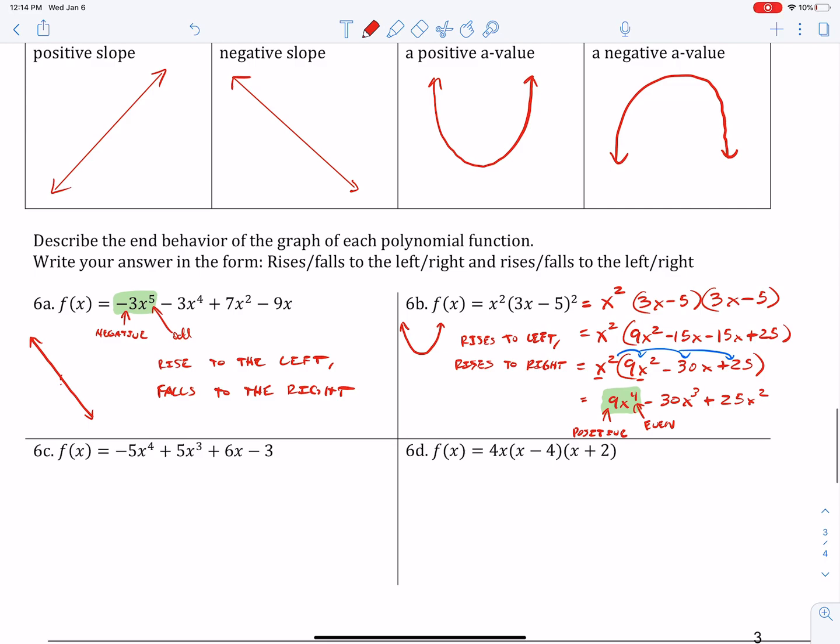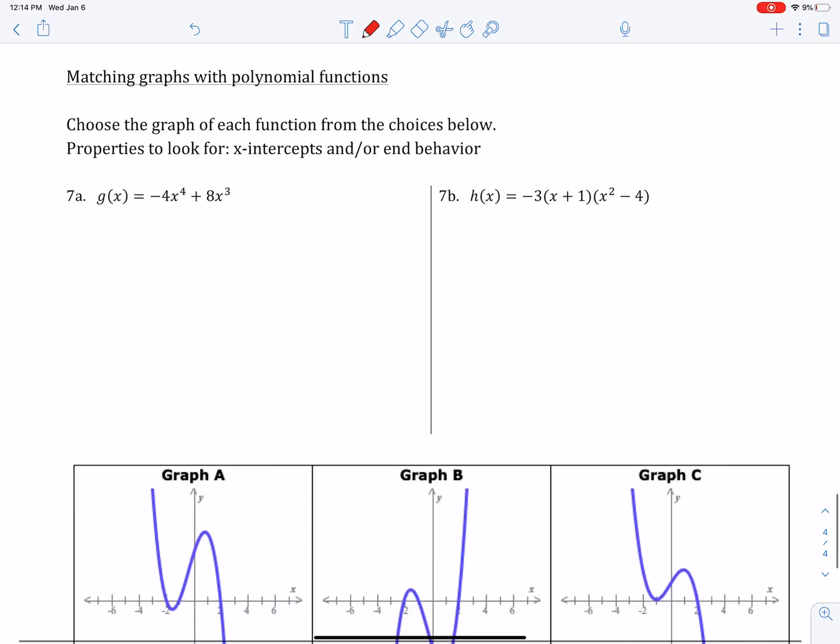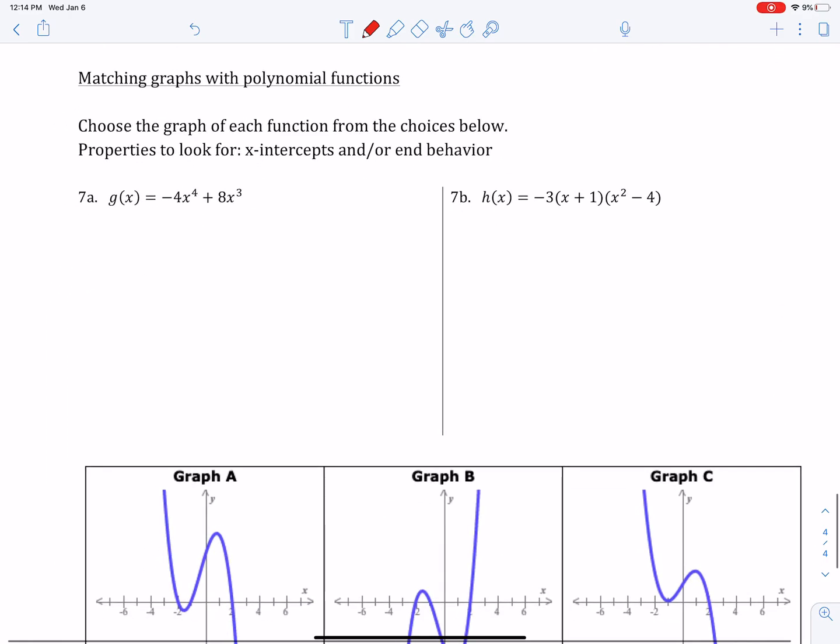You're going to want to do 6C on your own and then 6D on your own. And we're almost done. Hang in there. So I'm going to do one of these on my own, and then you're going to do the other one on your own. So it says choose the graph of each function from the choices below, properties to look for: x-intercepts and/or